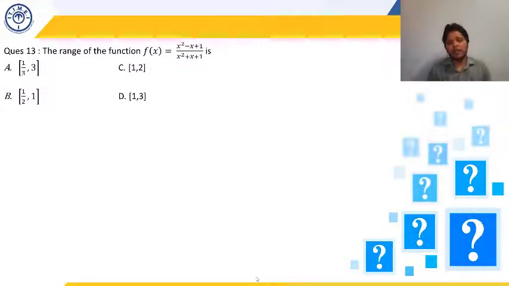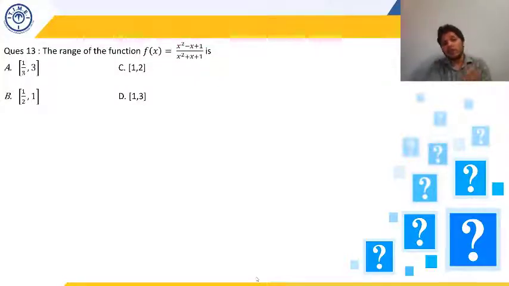What is the range and domain? Domain is all those values of x for which this f(x) is defined, or for which it will give defined values. And what is the range of the function? All those values of f(x) which we will be getting if we put any value of the domain in this f(x). So those are called the range. So the possible values of this f(x) are called the range.